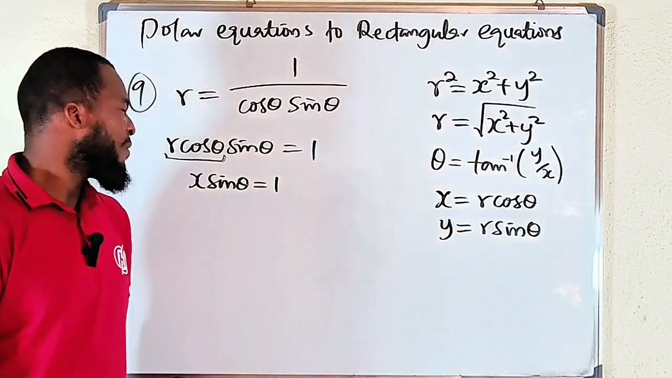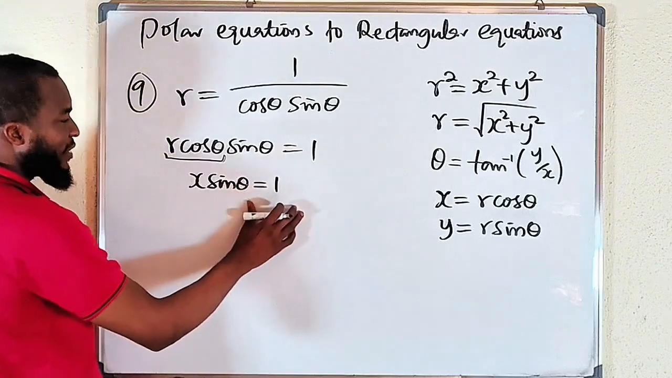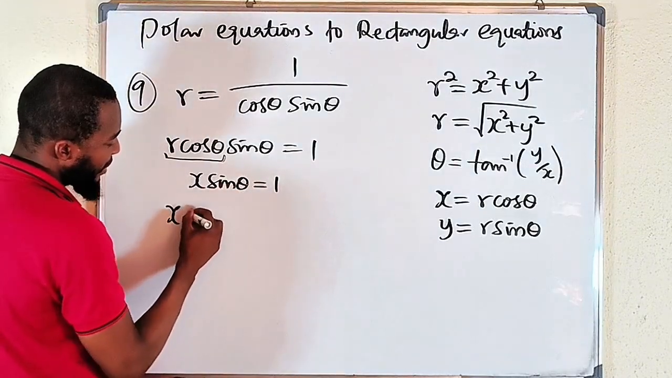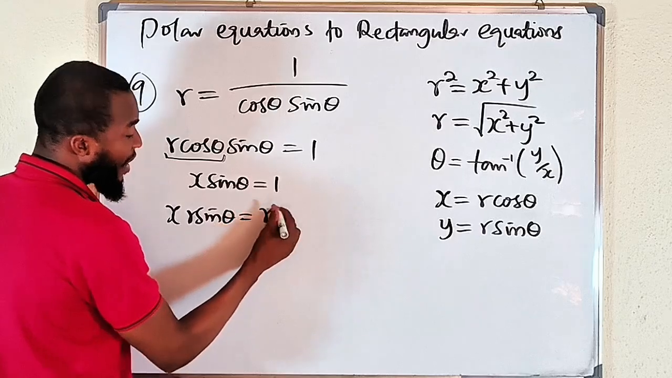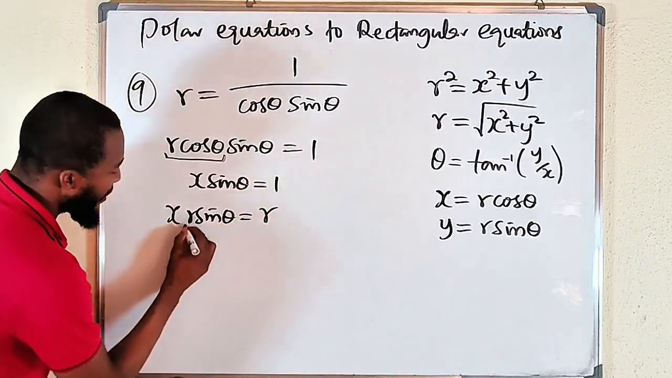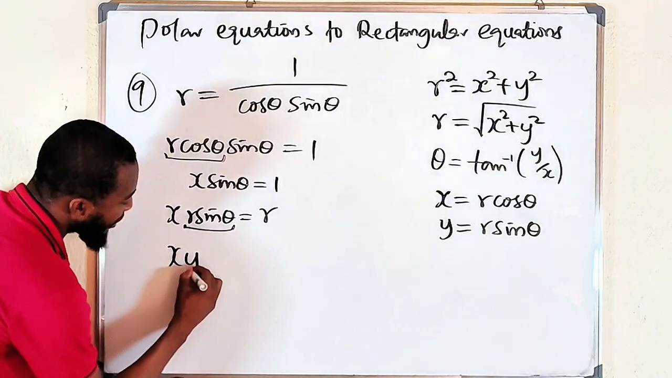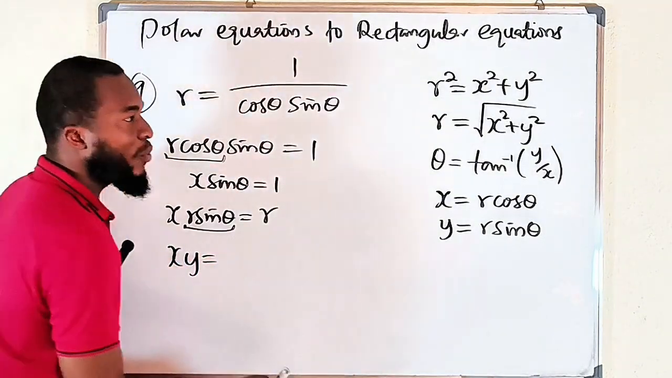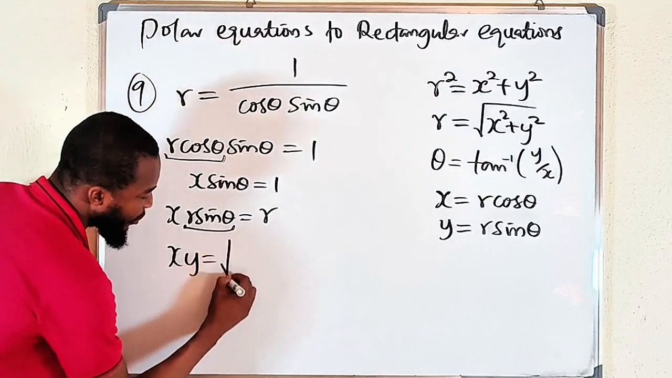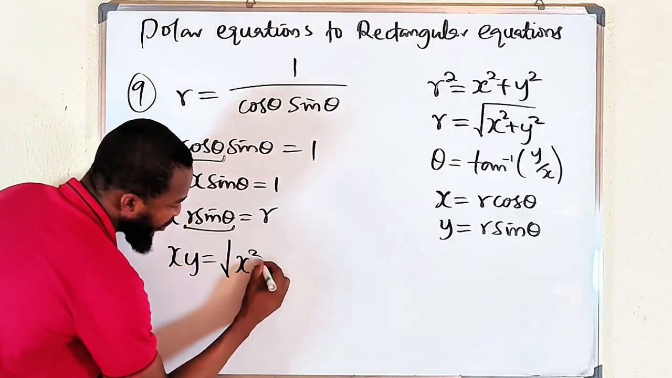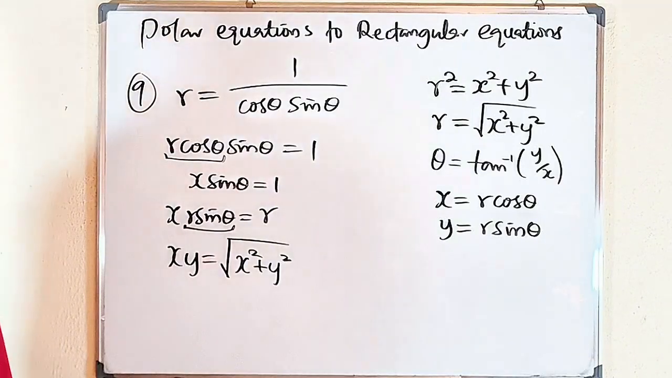But we want to change everything to be in terms of x and y. Why not just multiply both sides by r so that we have x r sine theta equal to r times 1 is r. Yes, so that this can now be y. So we have x times y to be equal to r, but r is what? Square root of x squared plus y squared. And this is said to be